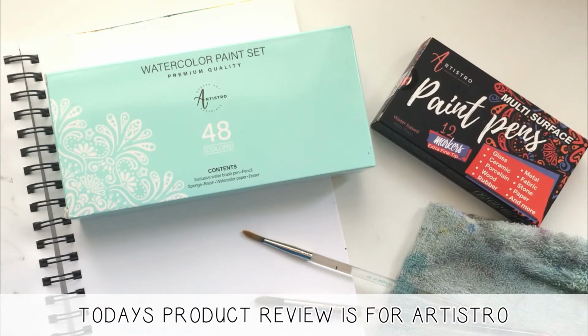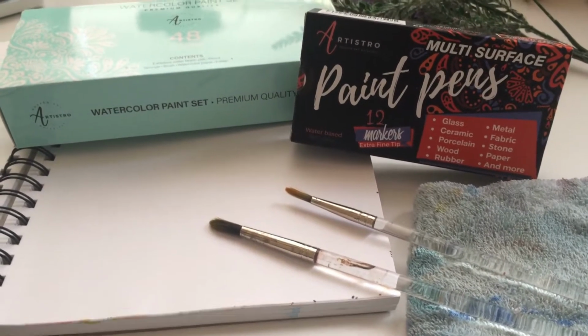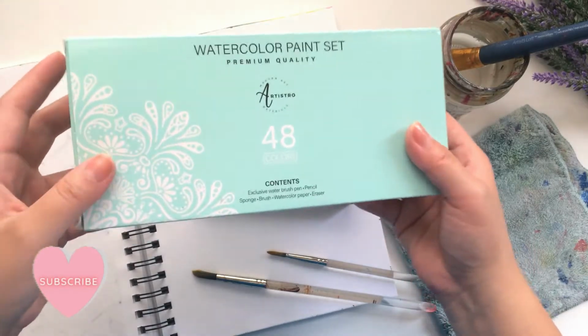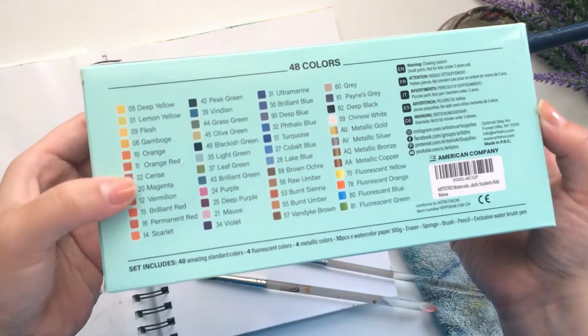Today I will be reviewing a watercolor palette by Artistro, who were so kind enough to give this to me for my honest review. Since my love for watercolors is growing, I was so happy to see that they had sent me not only their paint pens, which I will be doing in another video, but their portable watercolor paint